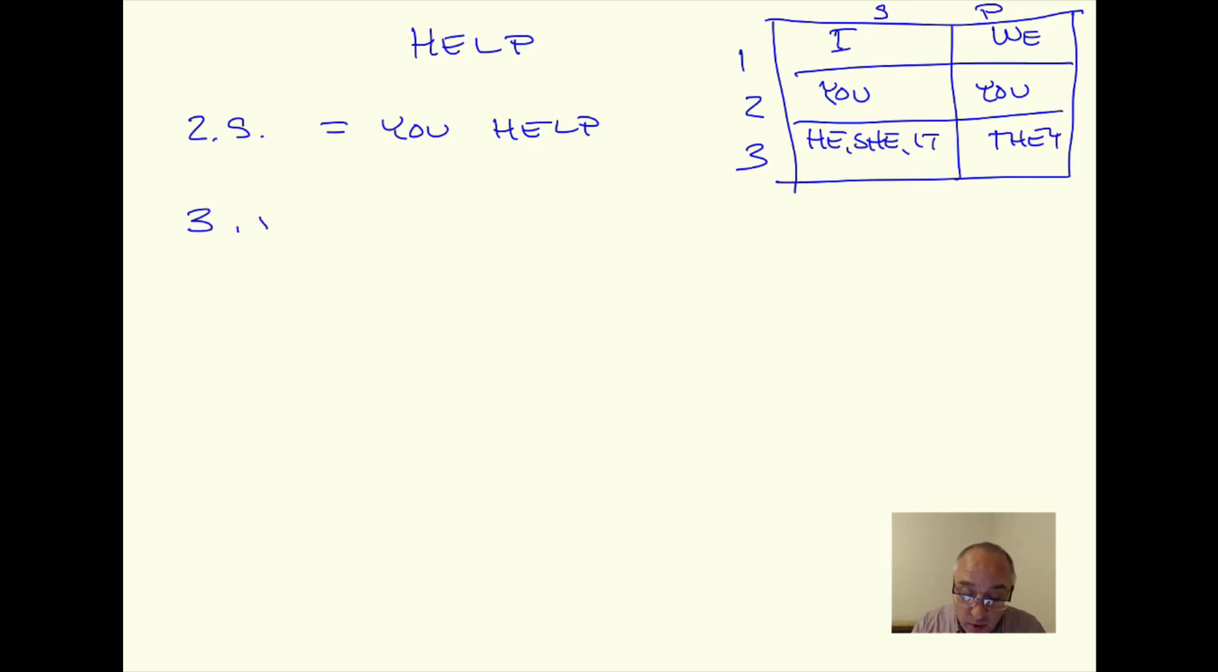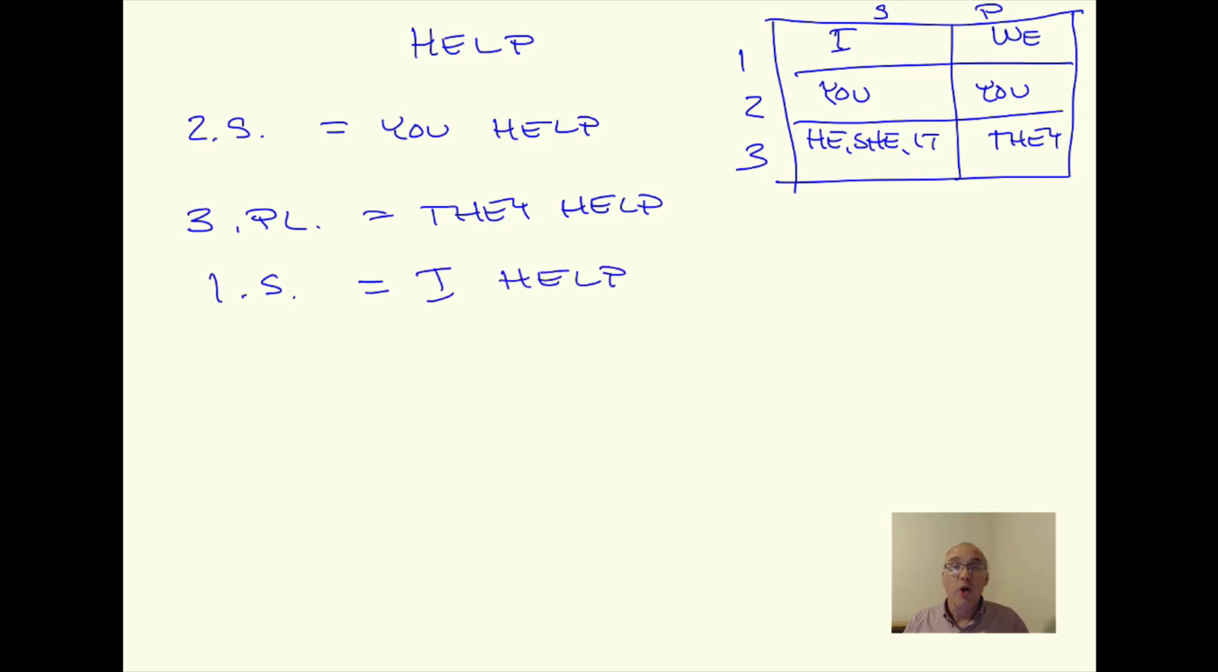Let's do third person plural for help. Third person, it's either he, she, or it, or they, and they help. First person singular, I help. So we are randomly, I guess, conjugating the verb help in the present tense. Let's go a little bit further. Not necessarily, this goes beyond the scope of chapter 1, but it's English. You get it. In the present tense,